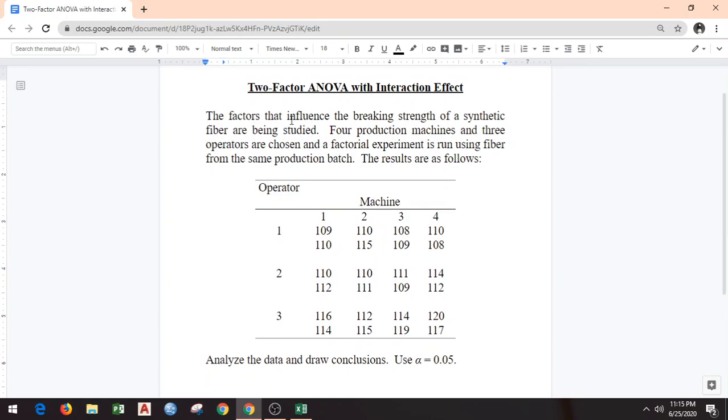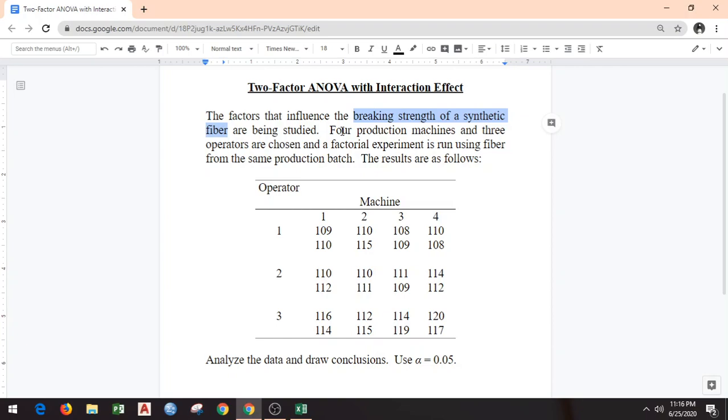The factors that influence the breaking strength of a synthetic fiber are being studied. So our response variable, or our output variable, is breaking strength of this particular synthetic fiber, right? Breaking strength is our response variable.